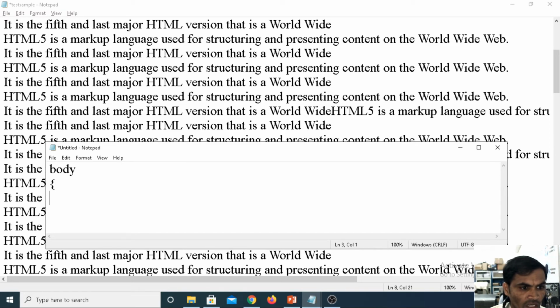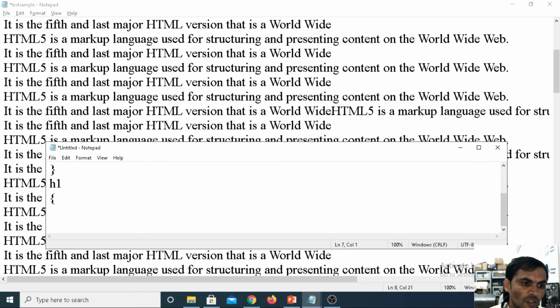Under the selector, we are declaring the declaration. The declaration part consists of a property and a value. Background color: I am giving the background color as blue. Then closing the element selector. Then I am taking one more for h1.